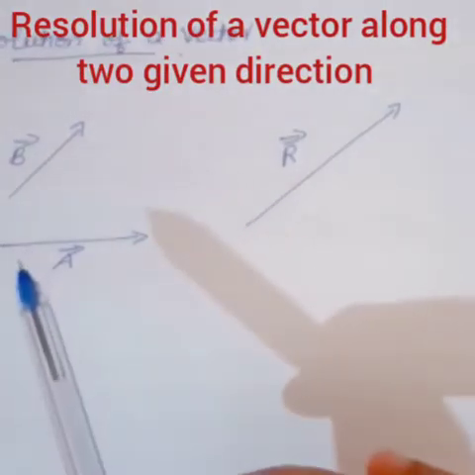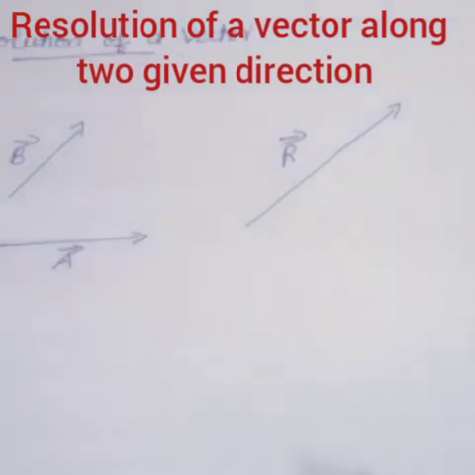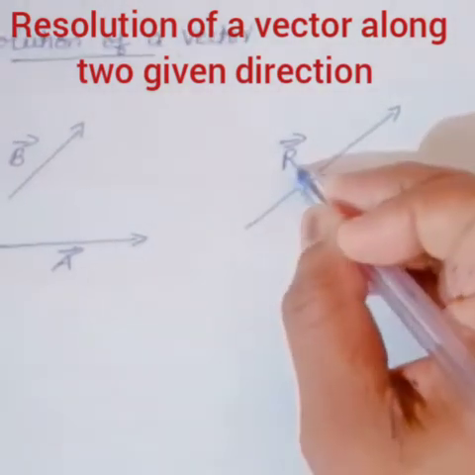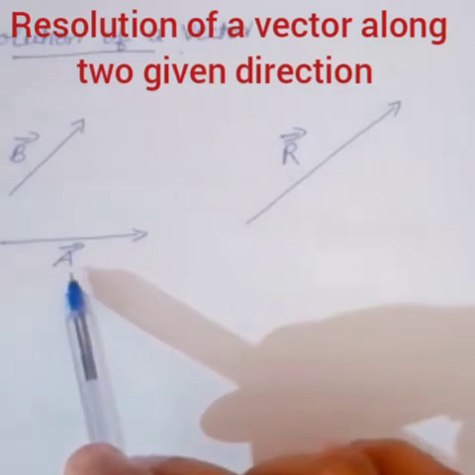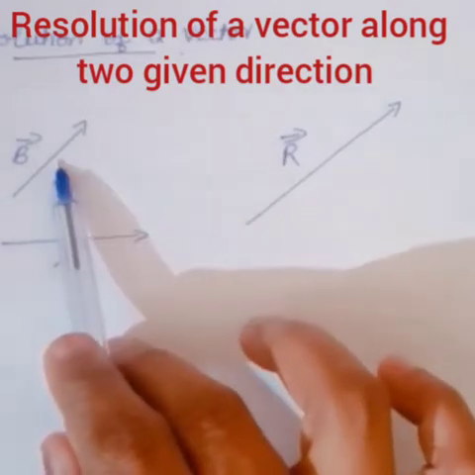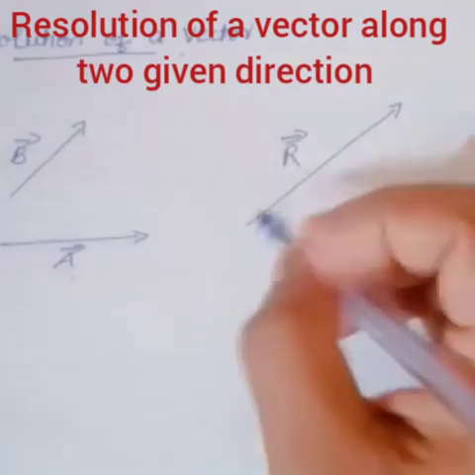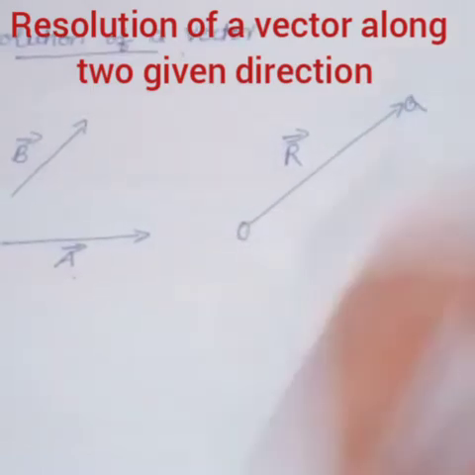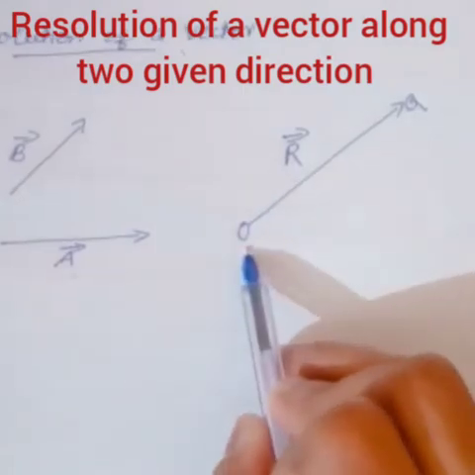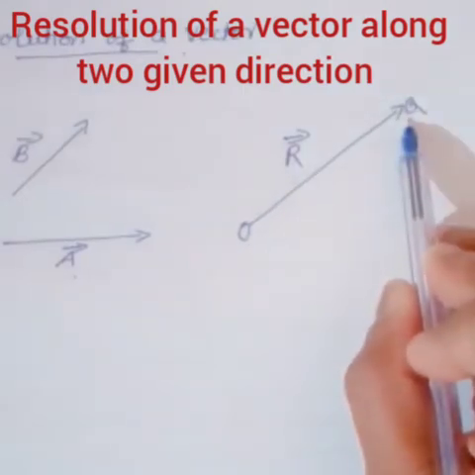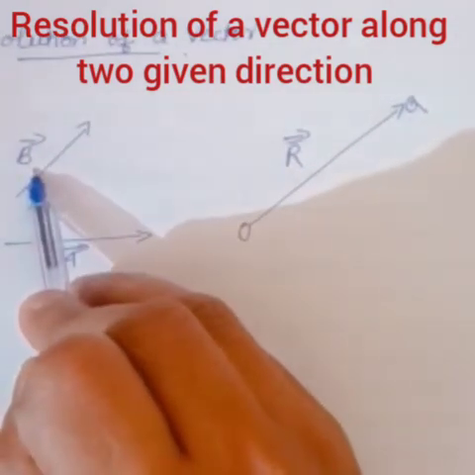Suppose we wish to resolve a vector R in the direction of two coplanar and non-parallel vectors, vector A and vector B. Suppose this is a vector OQ. OQ represents vector R. Through O and Q, draw lines parallel to vector A and vector B, respectively, to meet